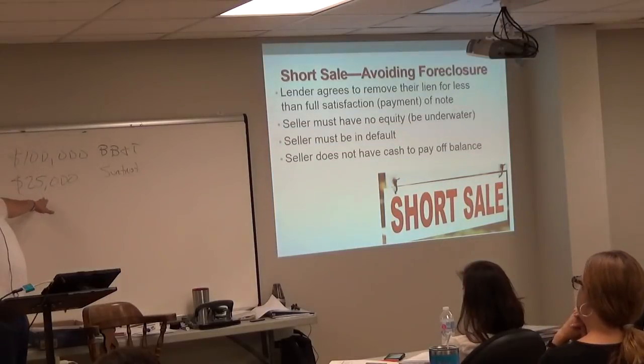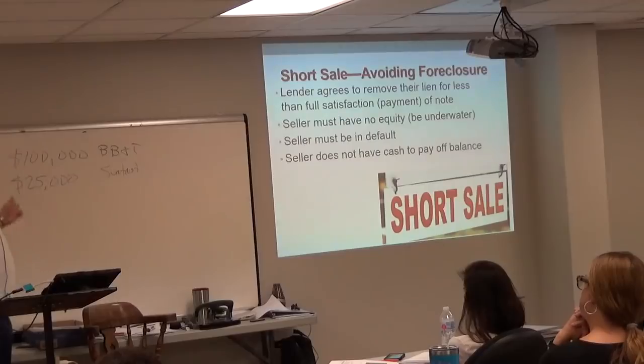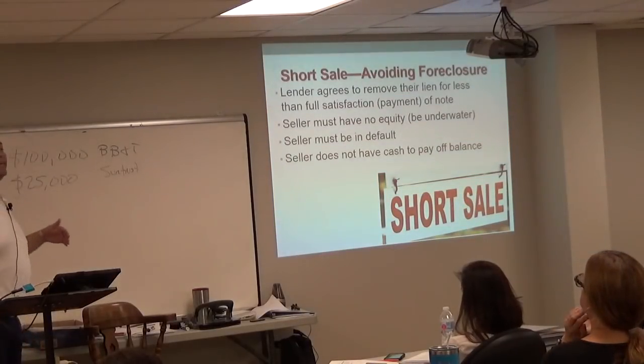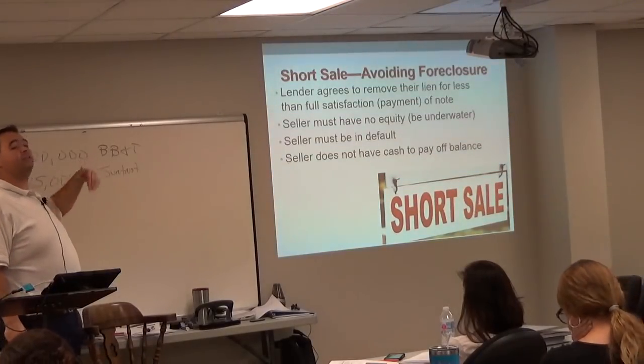Now, does SunTrust have motivation for a short sale? They do. Here's the problem: SunTrust can't do it unless BB&T agrees. And BB&T's going to say no because they want all their money. So what may happen is SunTrust may have to agree to eat all of the loss on the short sale just to make BB&T whole, to make the short sale happen.